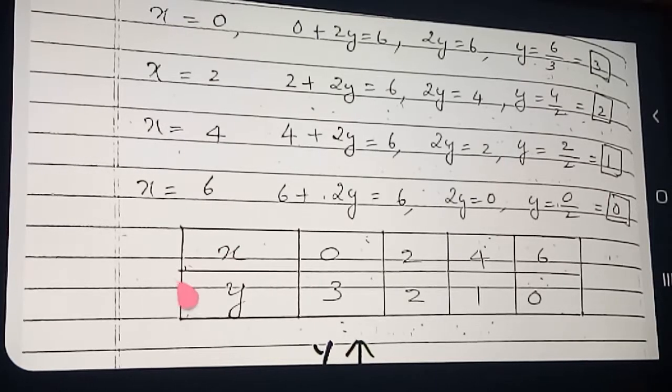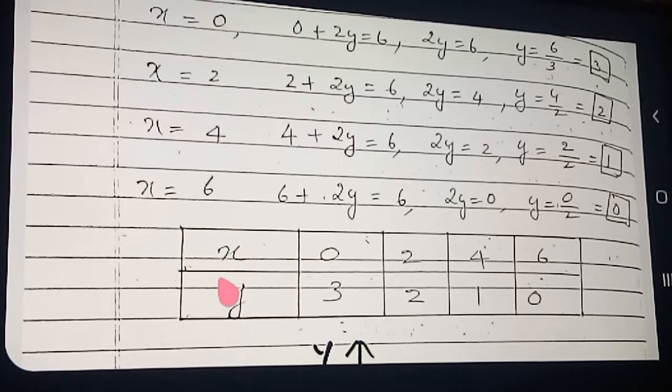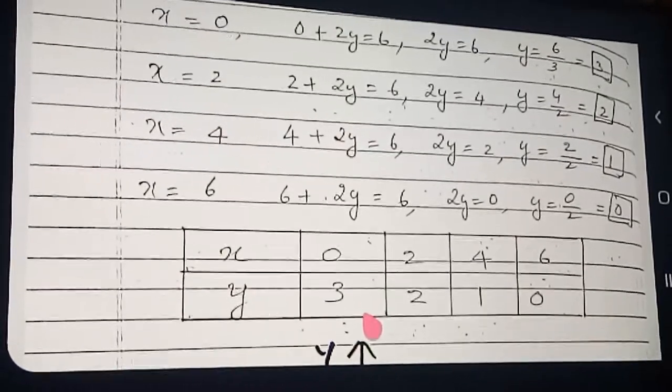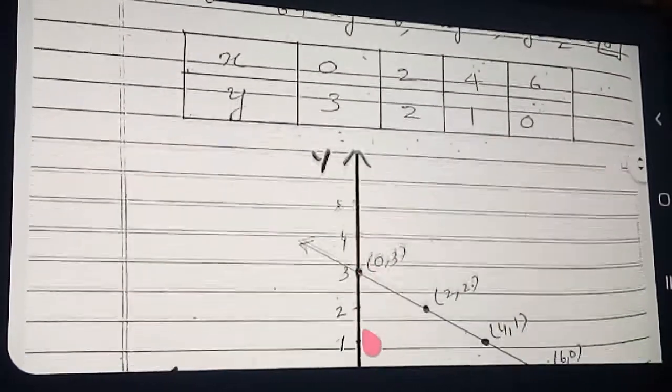And next step what you will do? You write in the form of column in this way. Clear? And then we will draw x-axis and y-axis. Tomorrow I will show you graph paper. Okay? Today graph paper is not with me. So you also tomorrow sit with the graph paper only.